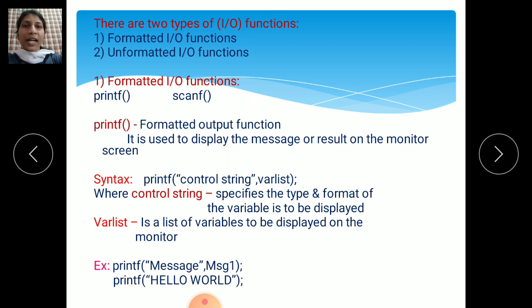If you want to see that result, the computer can display it on the monitor screen using the printf statement, so the user can easily see the result. Remember this: it is used to display a message or result on the monitor screen. That is the use of the printf function.